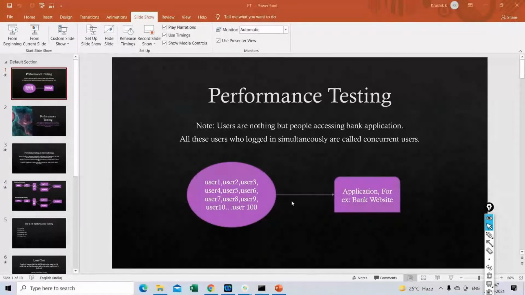For example, you entered some username and password. Let's take your Gmail application. You entered your username and password and you clicked on sign in. You are able to sign in, but you see the homepage after 2 minutes. Is that okay? No, right? So why is it slow? What is happening when I clicked on the sign in button? What exactly is happening in the backend? What are the different components involved? We have to understand everything. If you understand the backend architecture of an application, it's very easy to identify the root cause. That's the reason, from a performance testing perspective, it's very, very important that we understand the software architecture.